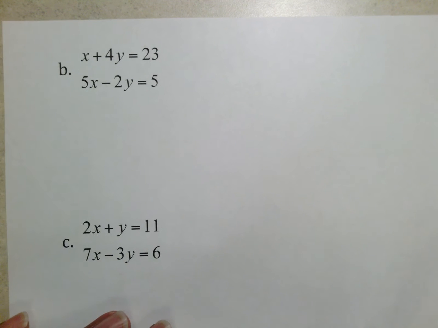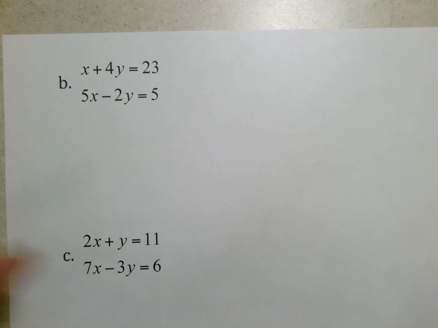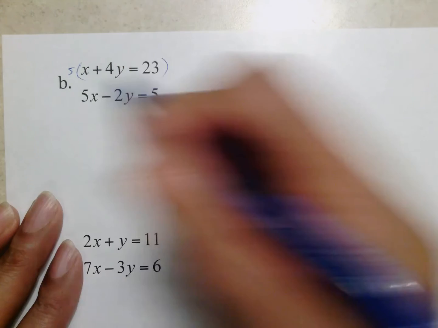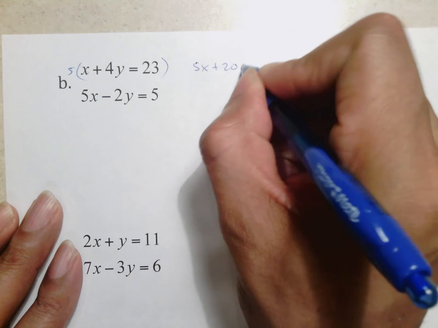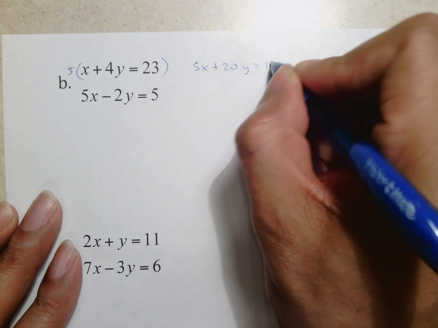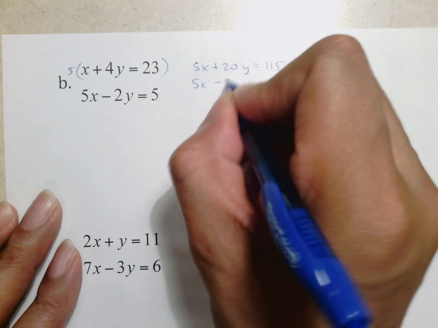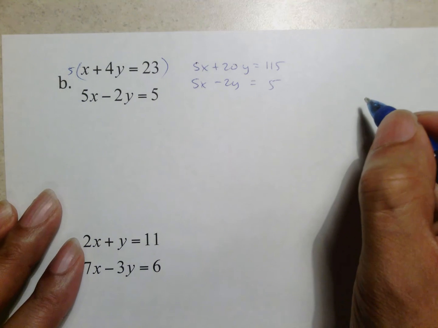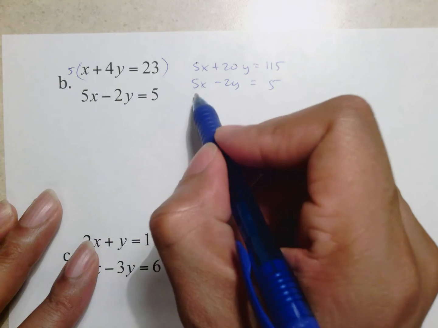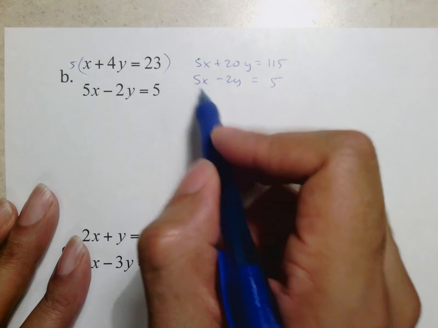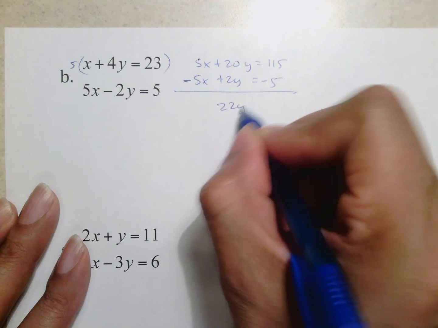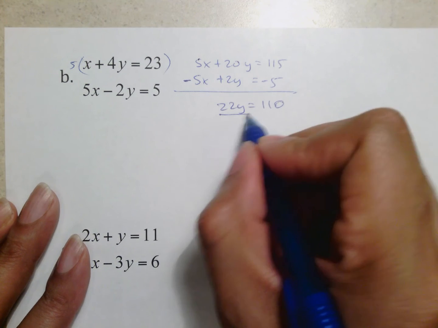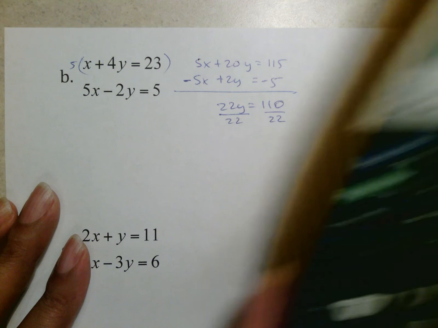Looking at example B, I do not see an x by itself, I do not see a y by itself, so I have to use elimination. I noticed that these x's, there's a 5 down here and nothing up there, so I'm going to multiply everything up top by 5. This turns into 5x and 20y equals 115, and then 5x minus 2y equals 5. Remember again, typically what happens after we make our x's match is we sometimes have to switch, so we switch all three signs. Putting this together, we get 22y equals 110, which we then divide by 22